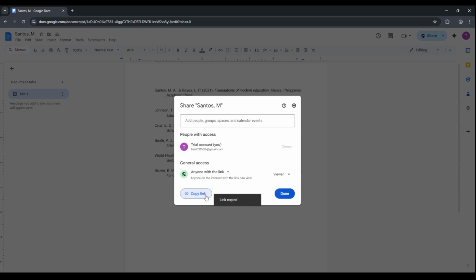If you prefer feedback without direct edits, click on Commenter. Commenters can leave comments and suggestions, but they can't change the underlying text unless you accept their suggestions. This is ideal for reviews, approvals, and content that